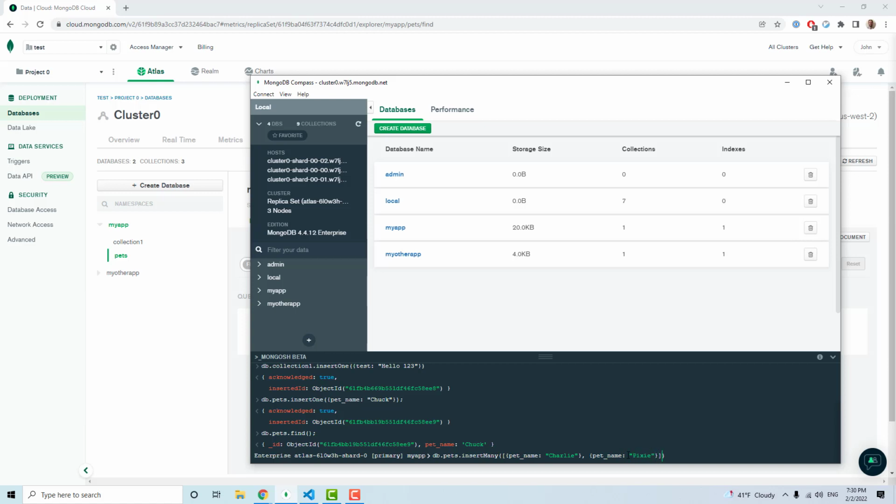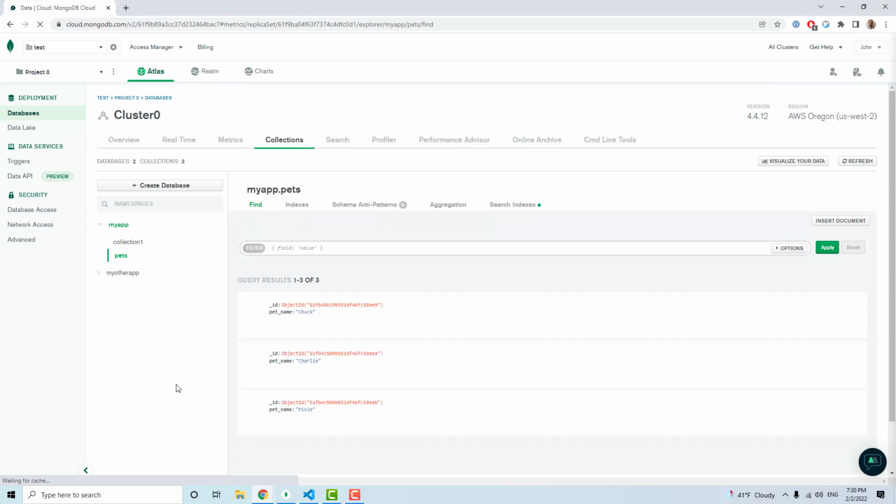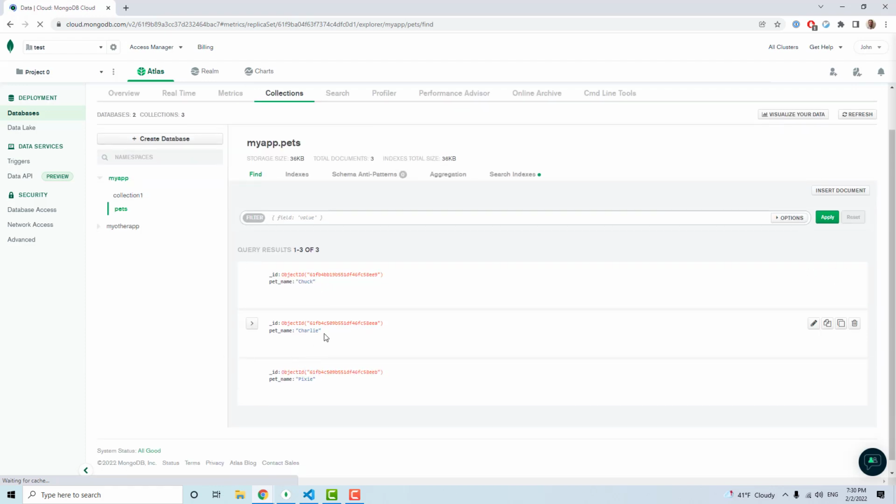Okay, and then we've got our square bracket and then our parentheses. So I'm going to hit enter. And now we can see that there's been two objects that have been added. So let's go ahead and refresh. Okay, and we see Chuck, Charlie, and Pixie. So we have successfully added those, and then we could do the same thing with